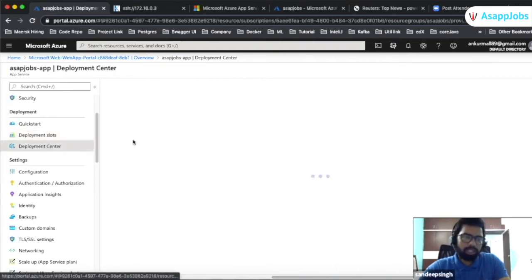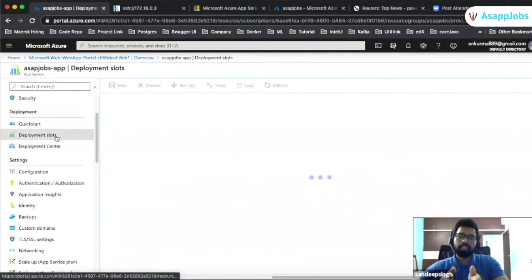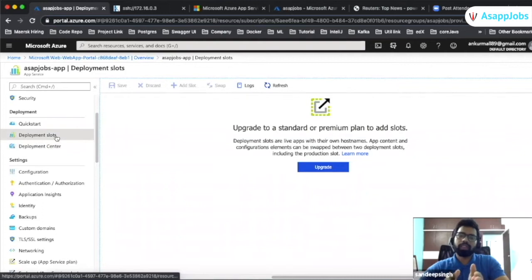So what exactly the deployment slot is, like, let's say I have one instance, and I can correlate with, for example, Amazon or Flipkart. There will be a lot of load on the order service as compared to maybe the review service.